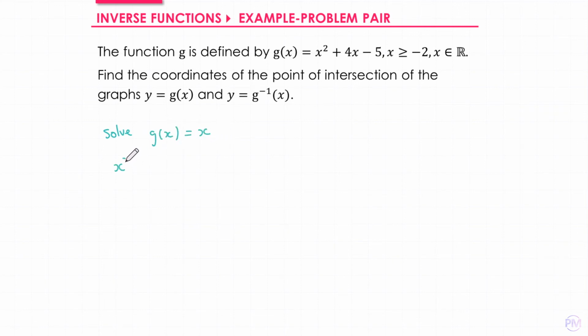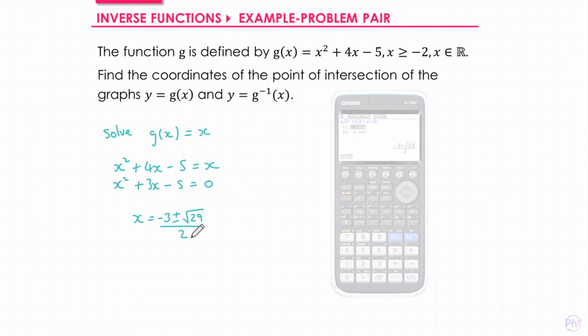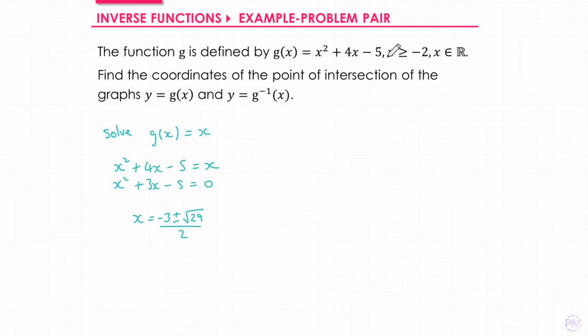Substituting in gives us this. We can subtract x from both sides, and we can solve the resulting quadratic in our calculator. That gives us x equals minus 3 plus or minus root 29 over 2. However, if you were to plot g and its inverse on the same set of axes, you'd notice